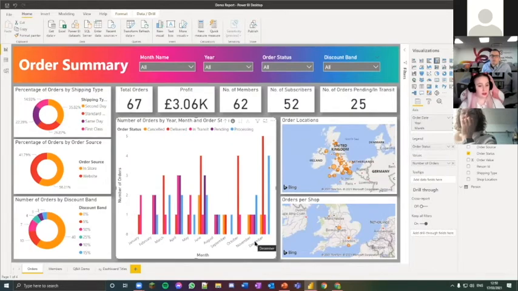So instead of seeing year, I can see all of the months broken down. So you can see August and September were really, really quiet months. We can go in and ask the questions, why? Why were they quiet? And it really allows you to visualize what you need to see and when you need